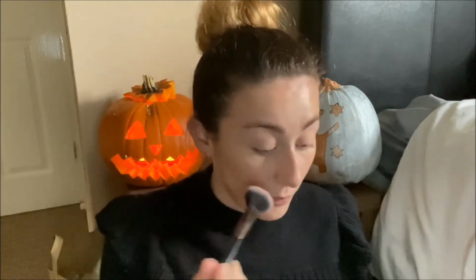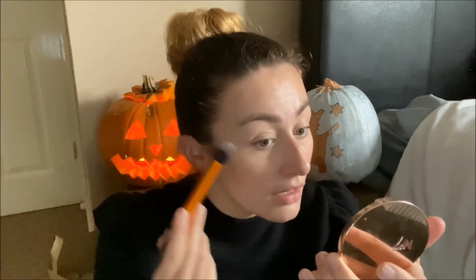At the minute my skin is still pretty bad from the masks, so I'm avoiding wearing foundation because I think it's going to be way too thick and just clog up my skin when it really just wants to breathe. So yeah, the face makeup's still pretty much the same. Just put a bit of highlighter on,